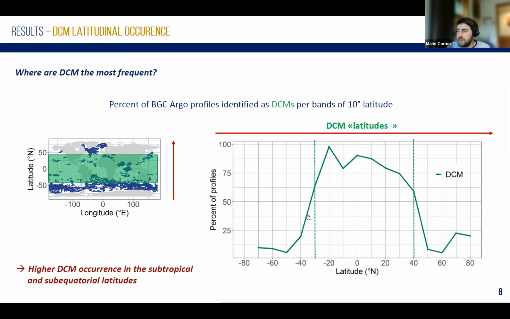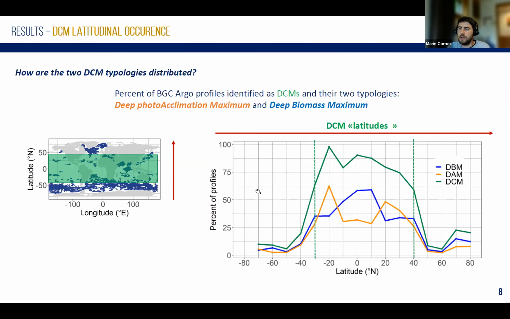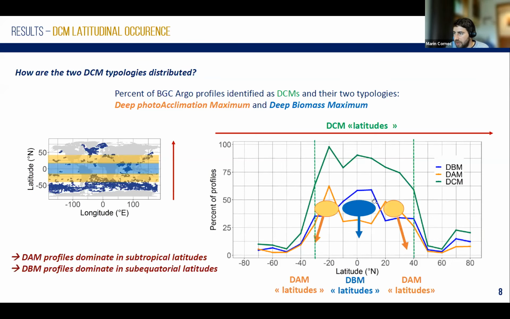And this frequency decreases as we go toward higher latitudes. Then we look at the composition of this DCM profile, to see whether it is a deep photoacclimation maximum or a deep biomass maximum. What we can see is that around the equatorial waters, from 0 to about 15 degrees of latitude, the DCM profiles are dominated by deep biomass maximum profiles. Conversely, in the subtropical region, around 25 degrees of latitude, DCM profiles are dominated